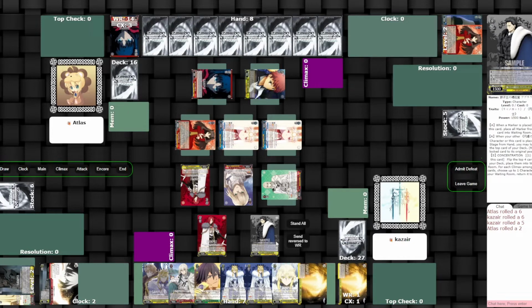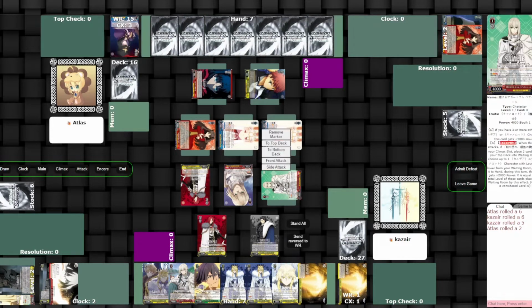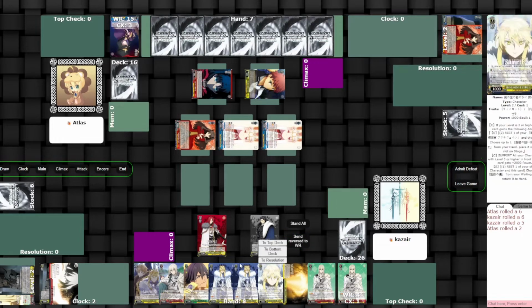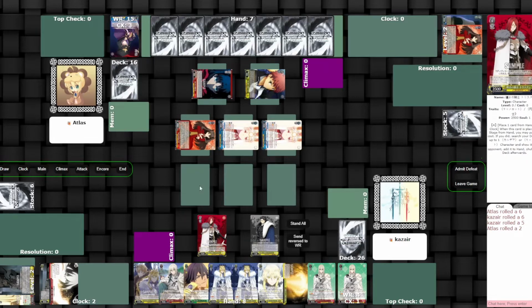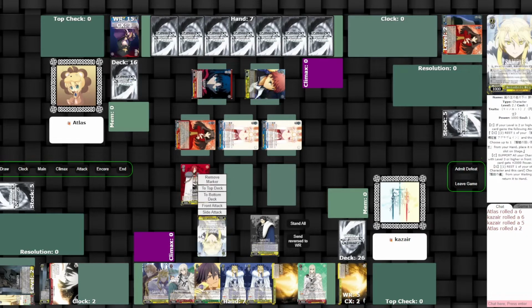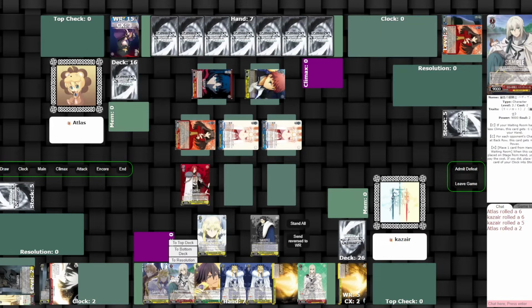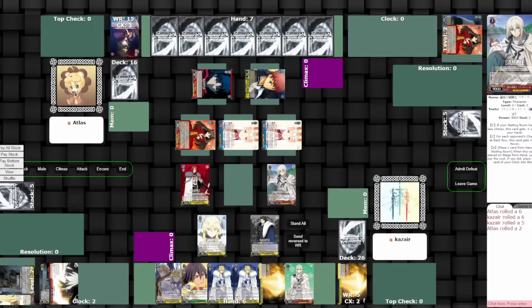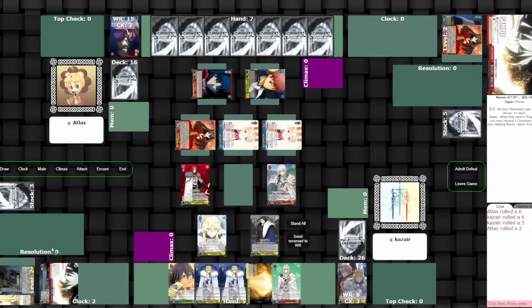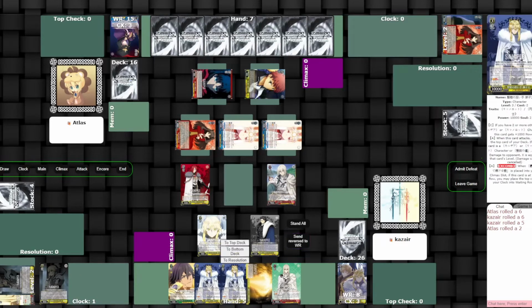I will ditch the blinker because I don't think the blink does anything in this matchup. Draw. No clock. All right, so now it's saber time. Saber time. Before I do saber time, though, we're going to 2 or less early play. Ditch. Fair enough. Heal the stock to